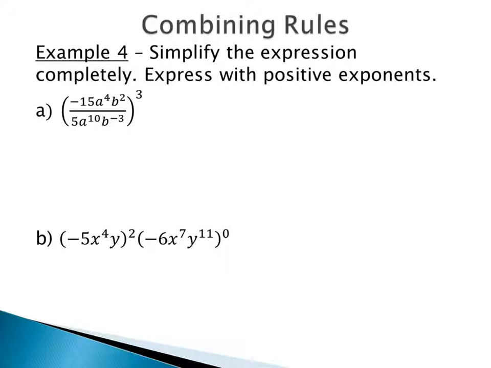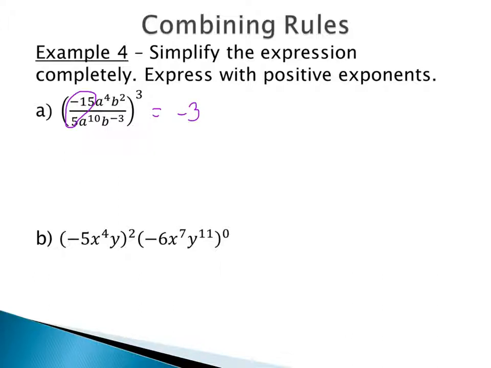Finally, I just wanted to walk through some problems using all of the rules that we've learned. Ultimately, you want to try to think of your order of operations. So PEMDAS, you want to start inside your parentheses first to see if you can simplify. So for part A, we have a quotient inside, we have a fraction. So I would use my quotient rule inside the parentheses first with your like terms. So first I'm looking at my numbers and I have negative 15 divided by 5. Well, negative 15 divided by 5 would just be negative 3.